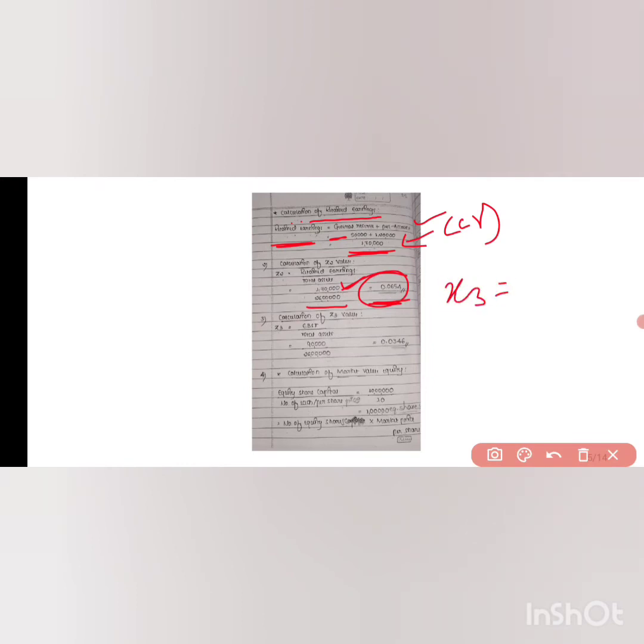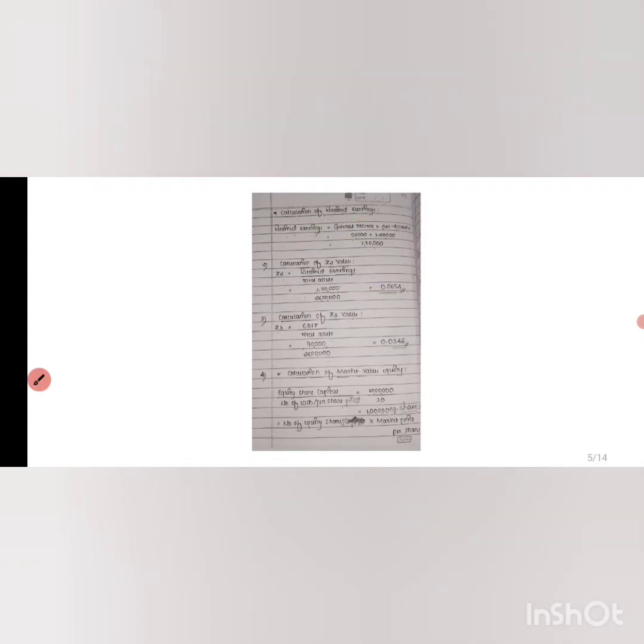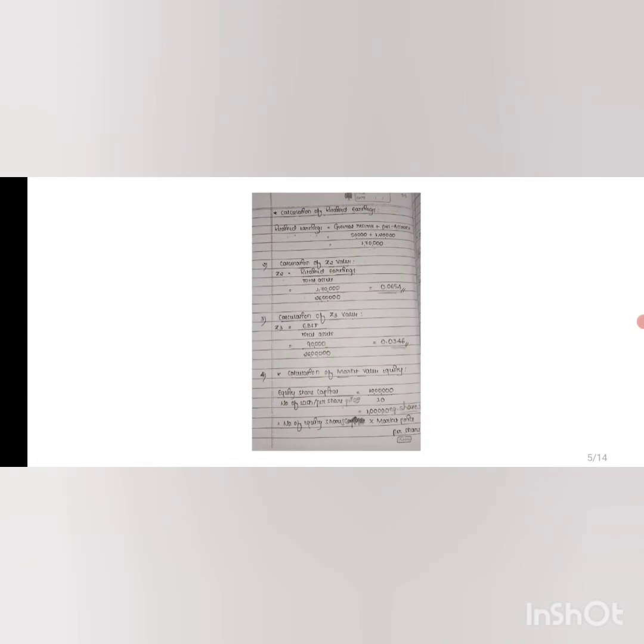The formula of X3 is EBIT divided by total asset. Have they given us the EBIT in our question? Let's see the question first. Have they given us? Yes. In the second information, they have given us the EBIT, that is 90,000. And sales also they have given us 12 lakhs, right? Okay. So EBIT they have given, it means that we can take the value directly, right?